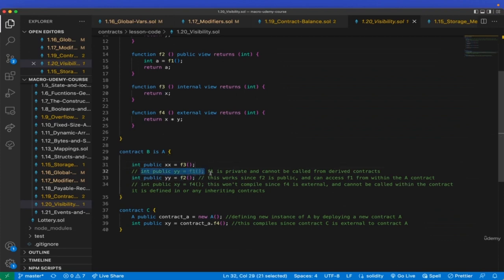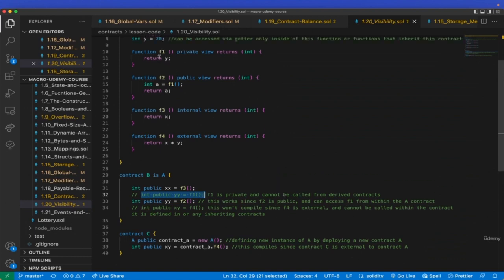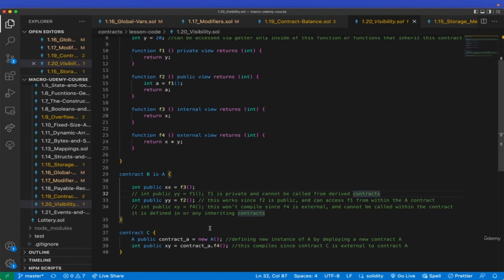On the next line, we have a function that won't work. We try to set a variable called yy equal to f1, but as we know, f1 is a private function, and therefore cannot be called by derived contracts. On line 33, we have another variable called yy, and we're setting it equal to f2. This works since f2 is of type public, and can access the private function f1 because they are in the